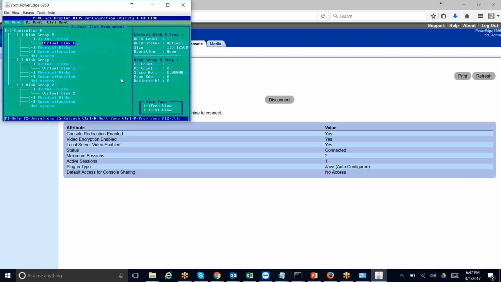देखो आपको बता भी रहा है, हाईलाइट करता हूँ, ये वर्चुअल डिस्क 0, रेड लेवल 1, और इसके अंदर कितने फिजिकल डिस्क गए? 2।